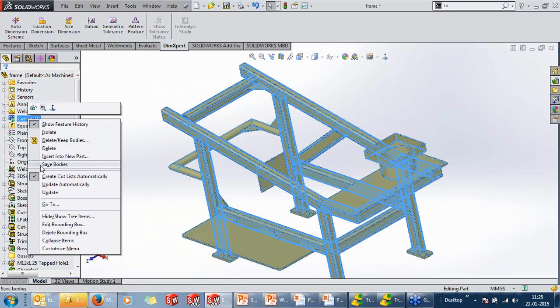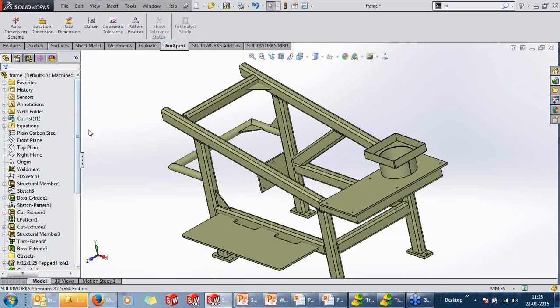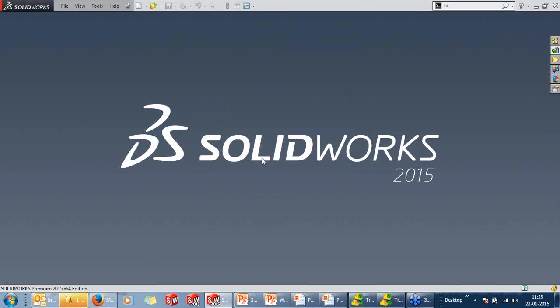We have automatic updating of cut list, and also you can save these bodies as assemblies if you need it in bill of materials. So auto assigning of name is possible in 2015. Also you can save all of this as parts in a different assembly. So these were some of the new enhancements in terms of weldments.